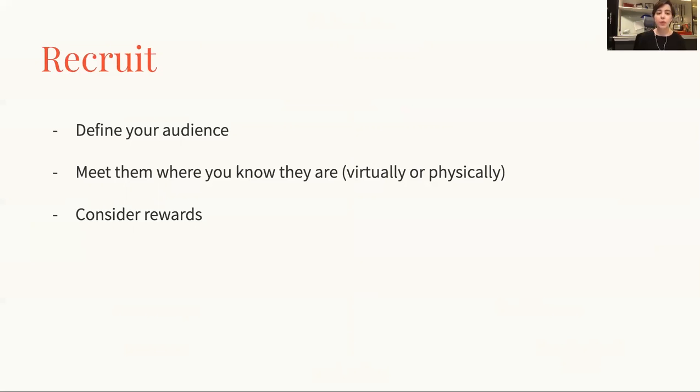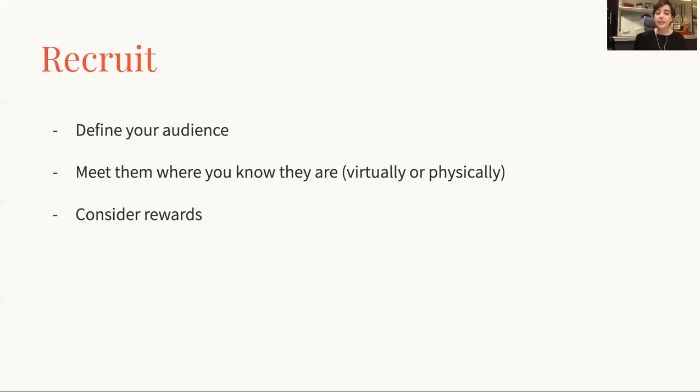Then meeting them where you know that they are. Do studies need to be in person? If we've learned anything for the last few months, it's that no, most research does not need to be done in person. It can be done over Zoom or it can be done over a phone call. Try and meet them where they are. It's a lot easier to recruit people when they don't have to make their way toward your office, if they don't need to have video turned on, if they have things happening in the background behind them. Just really try and make things as easy for the participant as possible.